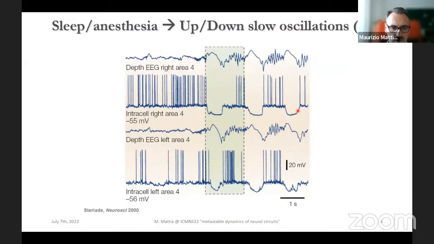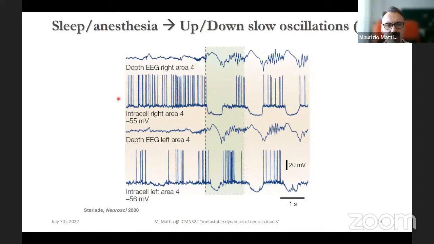But what I will focus on in this talk is a particular state, the one we experience every day when we go to sleep. In this case, if you stick an electrode inside the brain, this is the classical picture coming from Steriade's work. They recorded intracortically from a cat, and simultaneously they also recorded the EEG, which are the top traces. This is instead the intracellular recording from a neuron in the visual cortex of a cat. And you see that this animal is falling asleep exactly at this point.